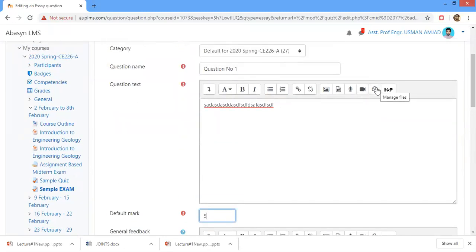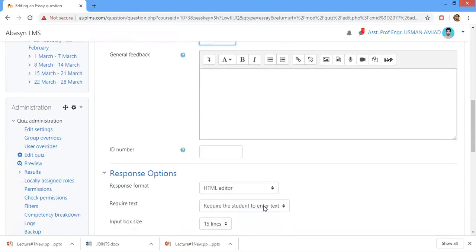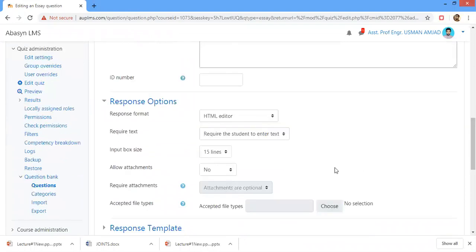So you can add the file here. You can see that there is an option of inserting an image or edit image over here. You can add your question paper over here as well if you want the student to attempt the question. And there is also an option of manage files here as well. So let's come down here, and I will show you how you are going to provide two options to